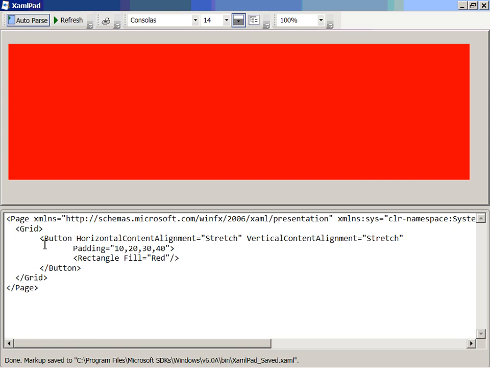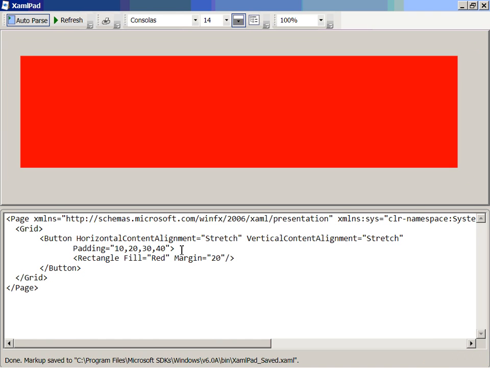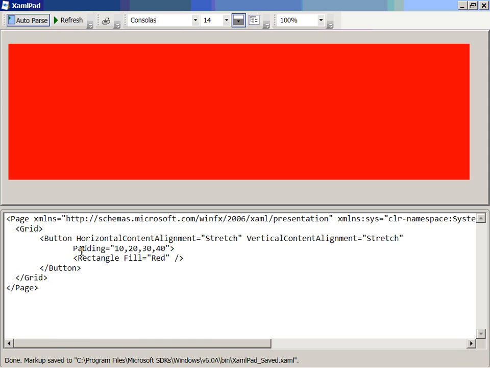So this is the parent specifying how the child is laid out. Of course the child can then have some more margin if they want to. Let's add another 20 there and it'll get smaller still. So padding controls things, horizontal alignment, vertical alignment, and then margin as well controls how things are laid out. Now when it comes to grids, at the moment our grid has one implicit row and column in it,